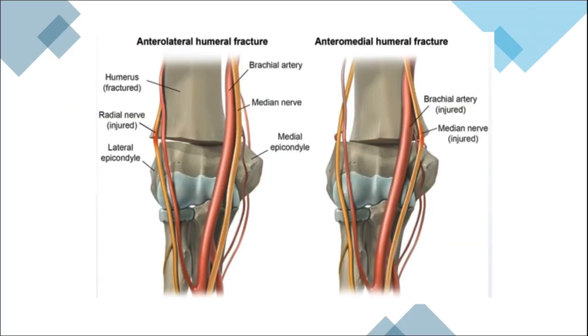Next, if any patient has an anterolateral humeral fracture, then the radial nerve gets injured, so we have to think about the radial nerve. Okay, if anteromedial, we have to think about median nerve injury with brachial artery injury also. About these fractures I already made one video in the orthopedic lectures, so you can watch that if you don't know. Okay, next